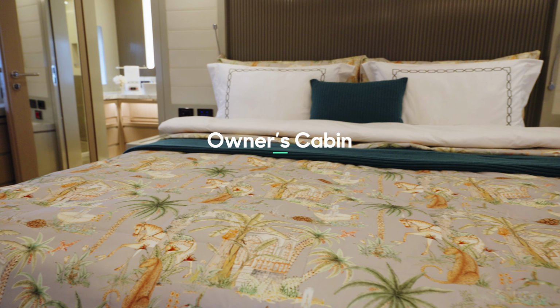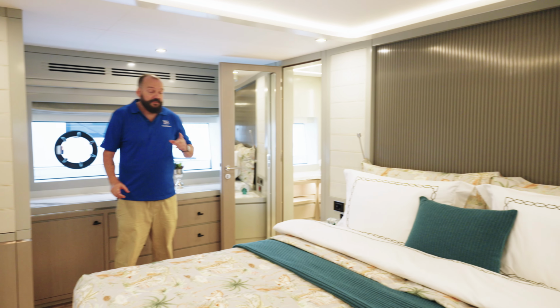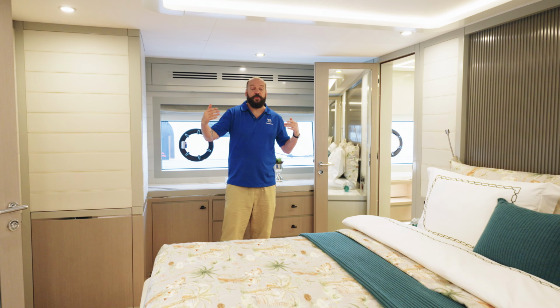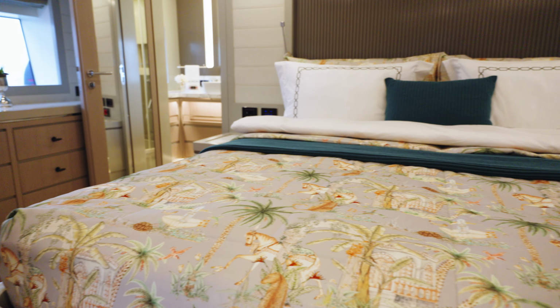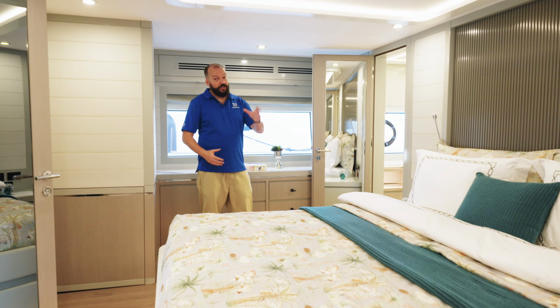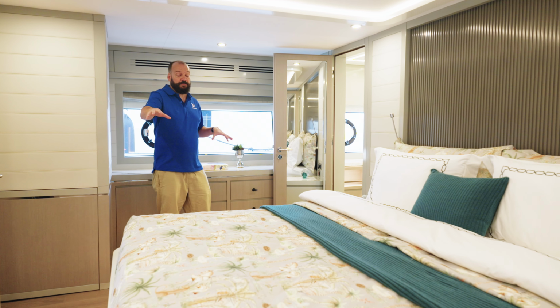Now we're going to start in the owner's stateroom, amidships, and there are 2 reasons why I want to bring you in here first. The first reason is that you really get to understand the width of this boat. This is a beamy boat. The Hermann Frères hull is high volume. It's also a great performer, but you're getting incredible interior volume, and I think you really experience that in this